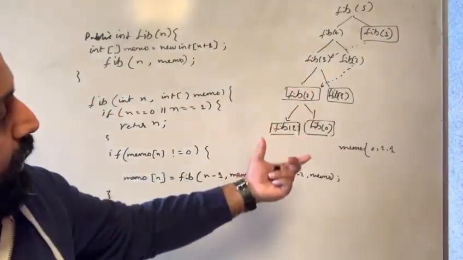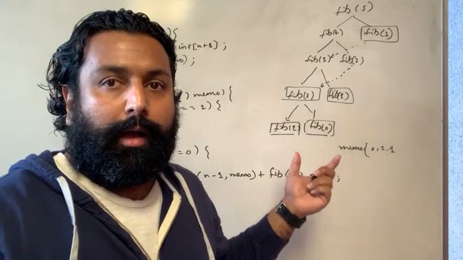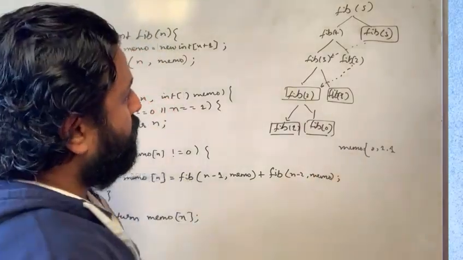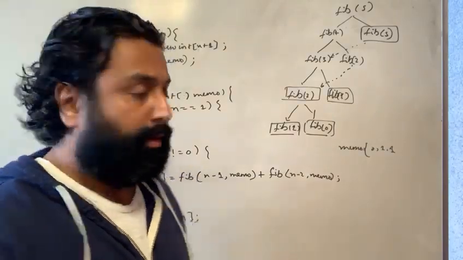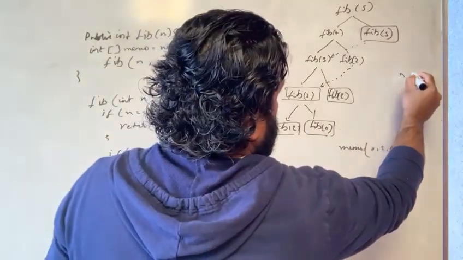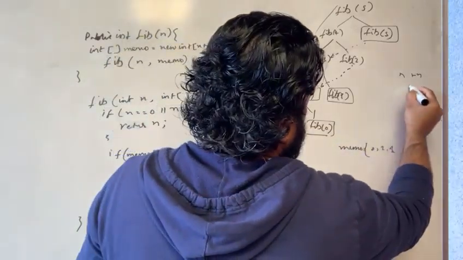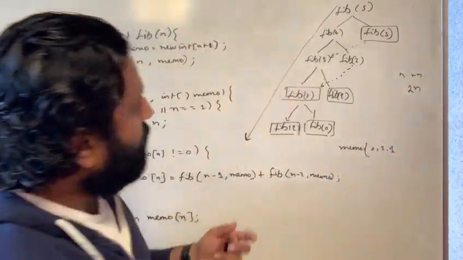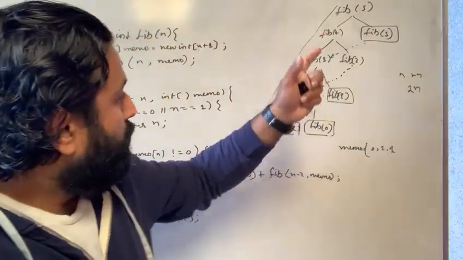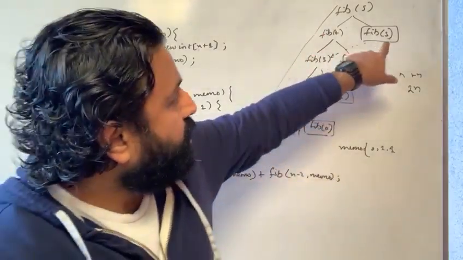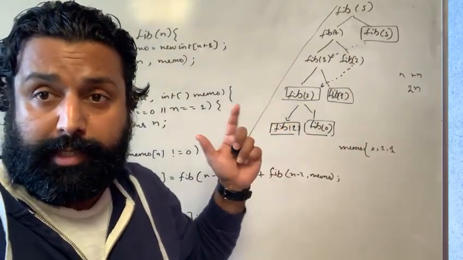So if you see the code path, at the maximum, each node will have 2 children. That's n plus n. So if you look at this code path, there might be a maximum of 2n. Because we are caching, we are not generating any more nodes. So this is really good.